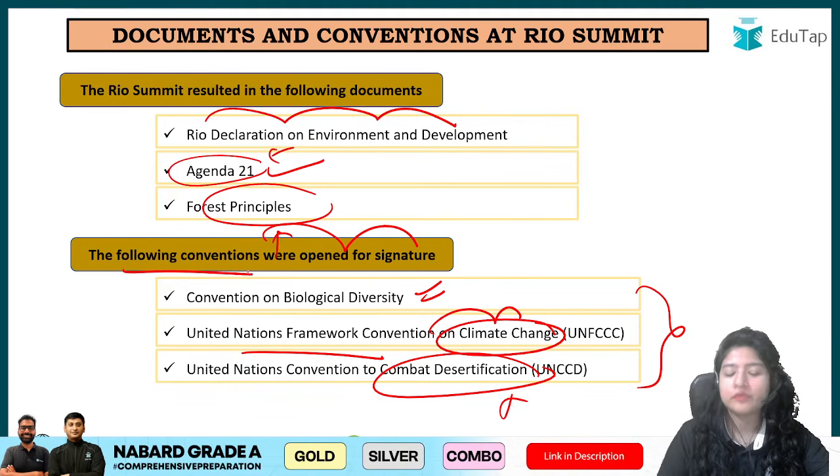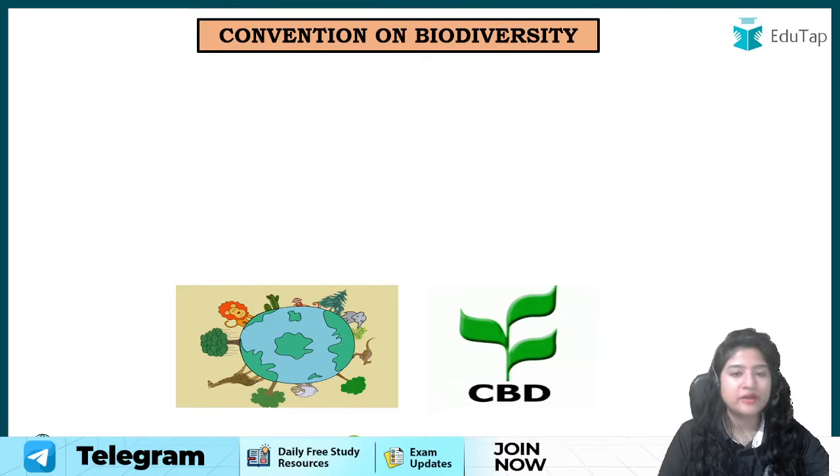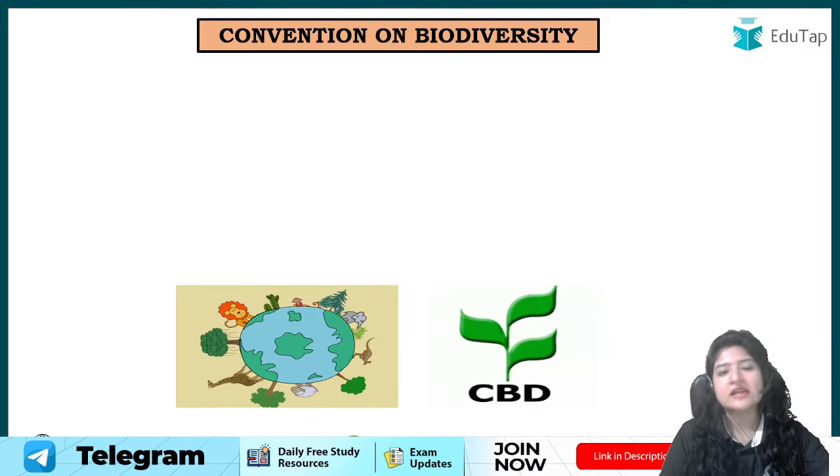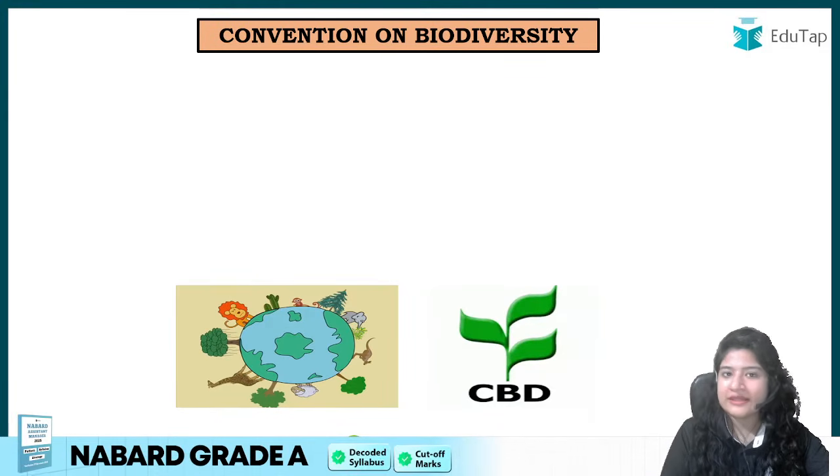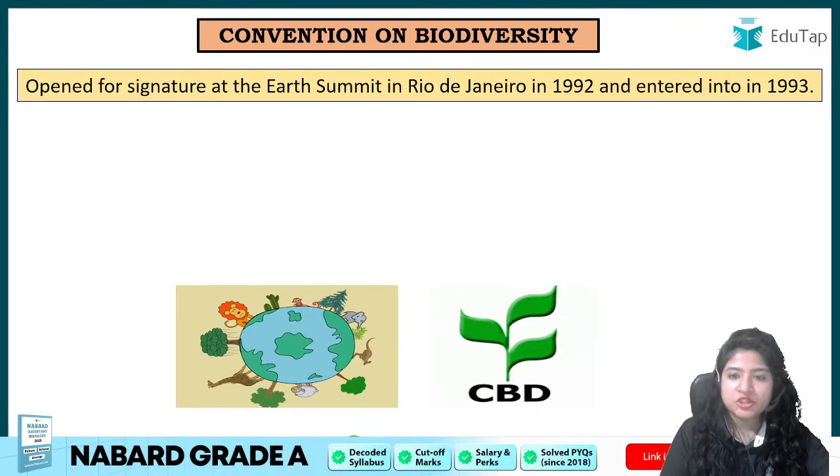कौन कौन से conventions open हुए थे for signature, meaning we have understood now conventions are what, those are the meetings, right. And open for signature means a meeting will be held, discussion will be done, and then if any conclusion comes or we feel we have some agreement, then the protocol will be legally binding, ठीक है।